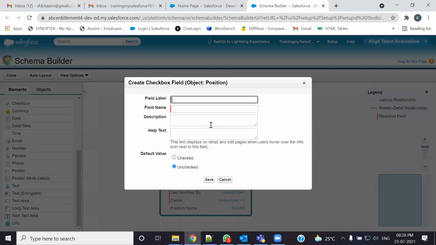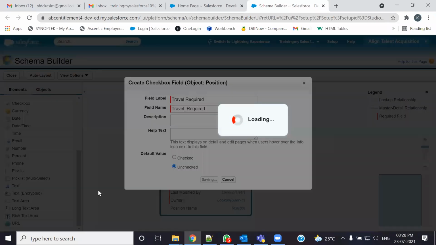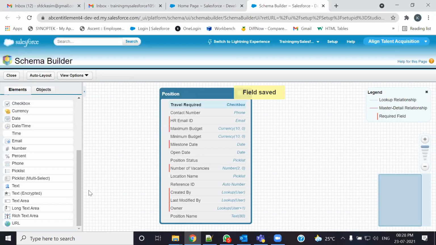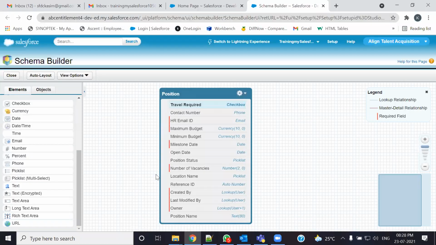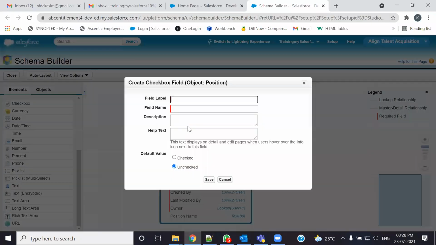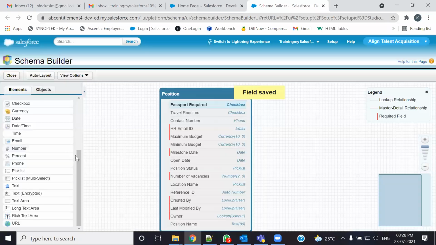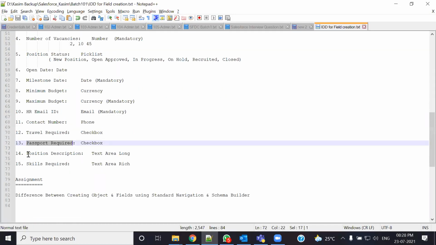Drawbacks भी हैं इसमें, ऐसा नहीं है कि सब कुछ आसान है. चेक और अनचेक चाहिए, आई वांट इट टू बी अनचेक. Travel required, passport required, again a checkbox. Checkboxes का internal data type booleans होता है. These all are primitive data type. ये क्या होते हैं primitive, क्या होते हैं object, we are going to learn in the development में, सब पढ़ेंगे अच्छे से, अभी तो हमारे सब